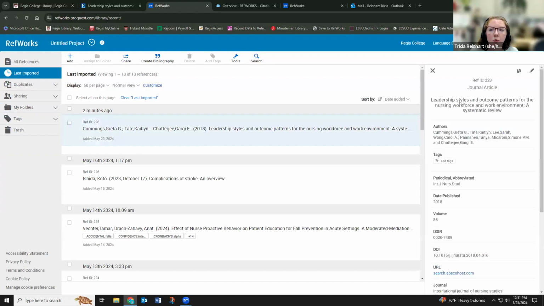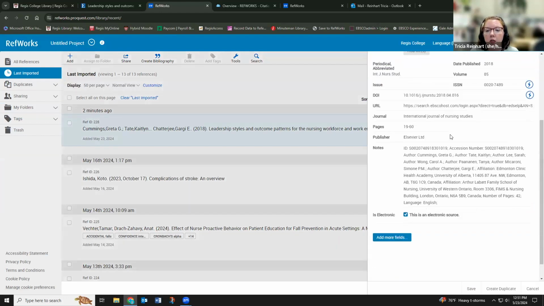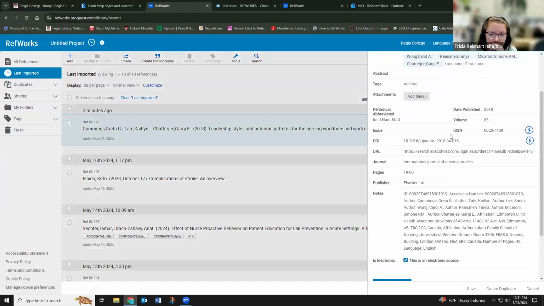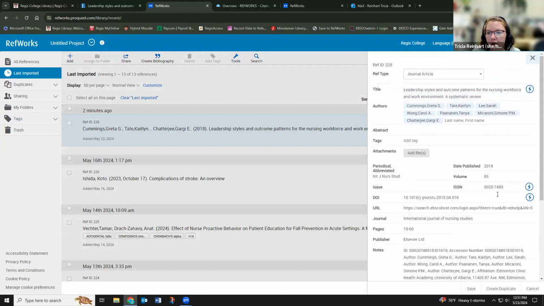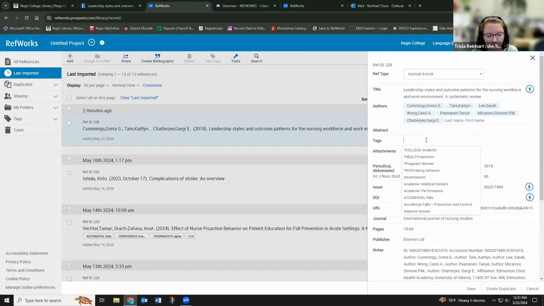Something you can do while you're editing the record is the tags feature, and some of these already have tags here. These came over from the databases. This one didn't come over with any, but that's okay because I can add my own. So when you start organizing your research, you can tag it by concept, by topic, by level of evidence as well. And that way, when you